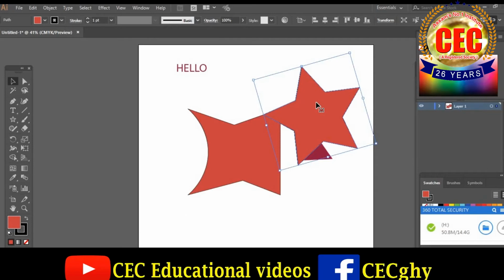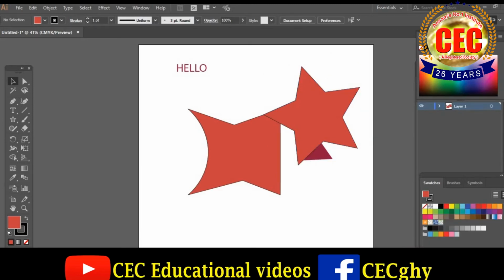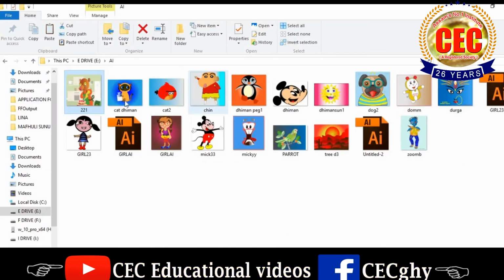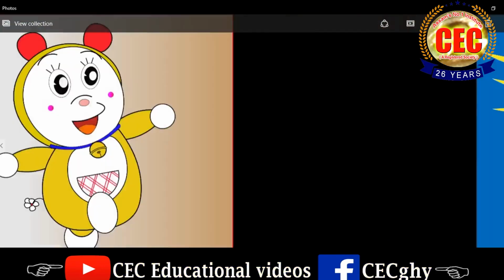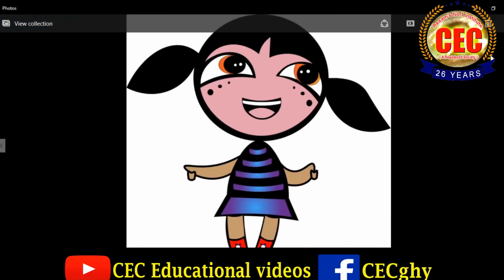Now I will show you different types of images, how we can use the Adobe Illustrator tools and draw different images using Adobe Illustrator. Now I will show you, these are the different types of pictures you can draw using Adobe Illustrator. So see, these are the different types of pictures.